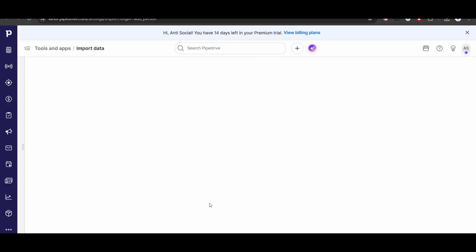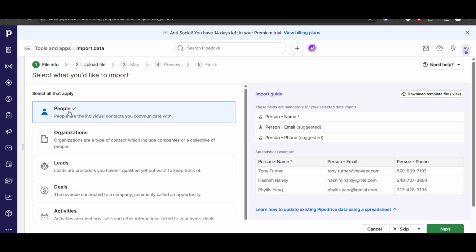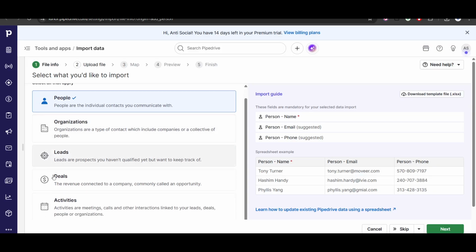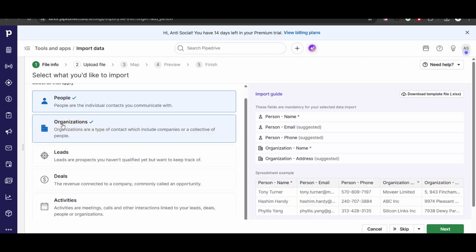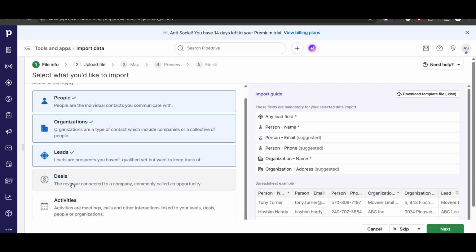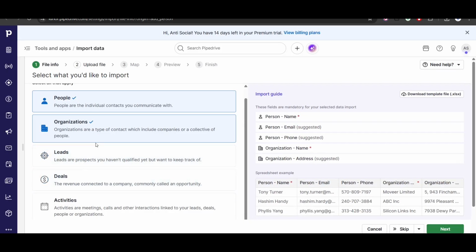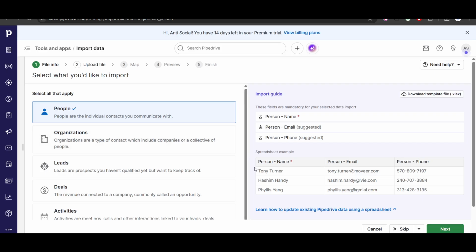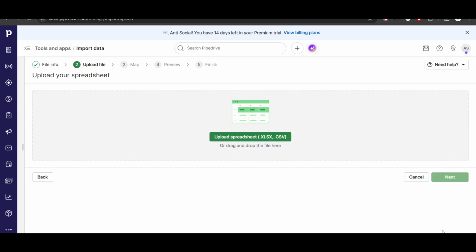Once you're on the different page, you'll see there's a bunch of options. Once it's loaded, we can select between different categories, the people, the organization. We can also include the custom fields and organizational leads; these sorts of fields will be attached to the contacts in case we select them. Once we have selected the contact attributes and the fields, we just have to go ahead and click on next,